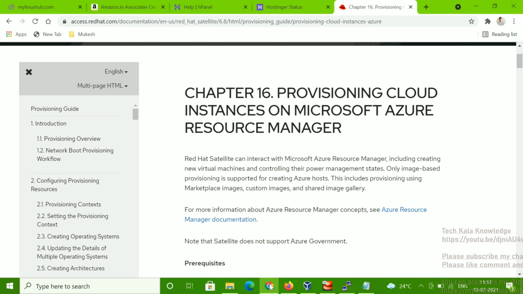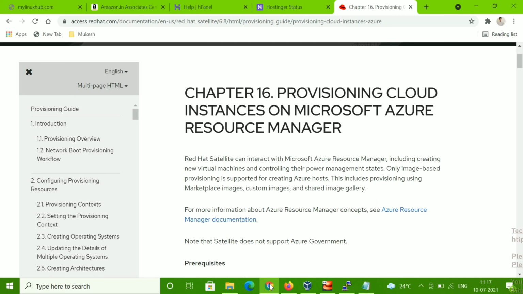I'm working with the vendor on it, and once they provide the bug resolution, I will upload that video also. But it's a very useful setup and saves a lot of time. So if you have Satellite tools in your organization, you can go and set this up.